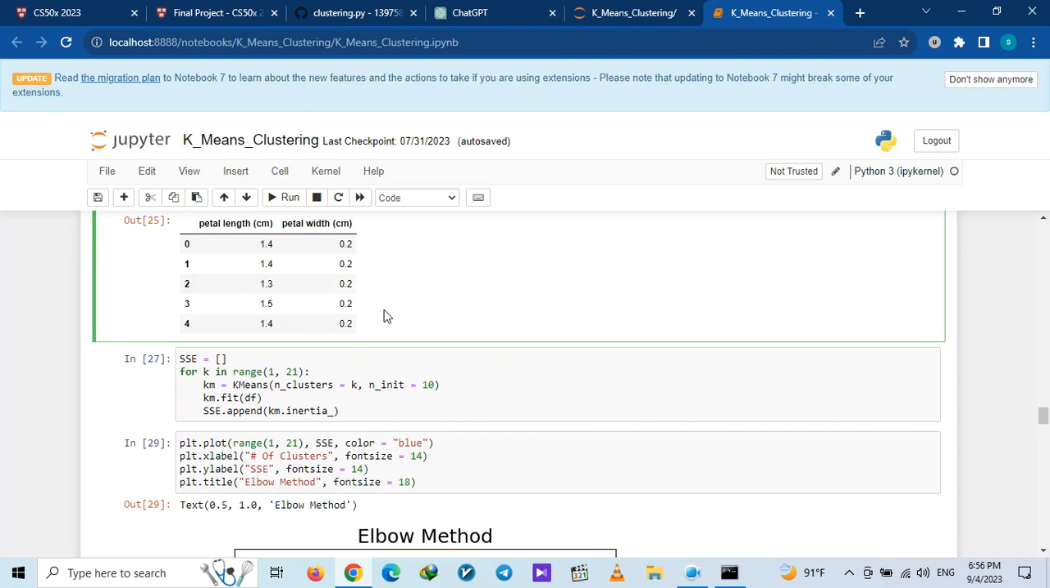Now there is a method in k-means clustering, which is the elbow method. I'm going to apply it here. We have something called sum of the squared errors, or SSE. I'm going to use the same name, SSE equals an empty list. After that,